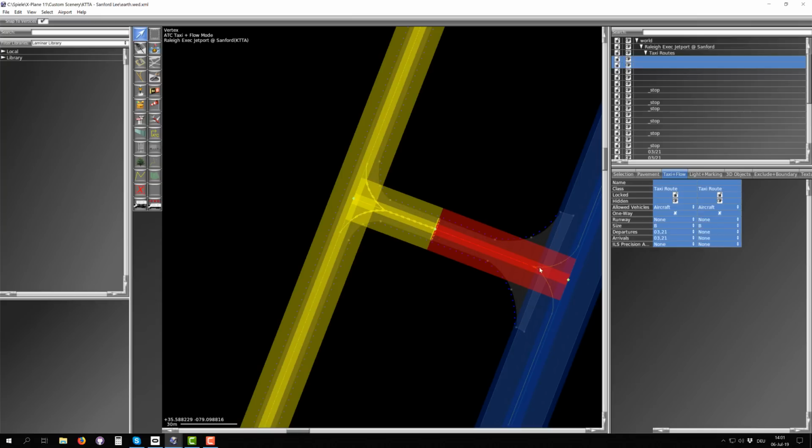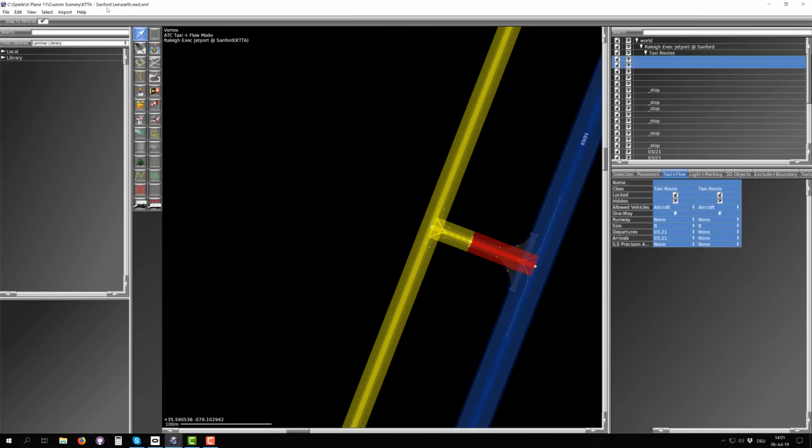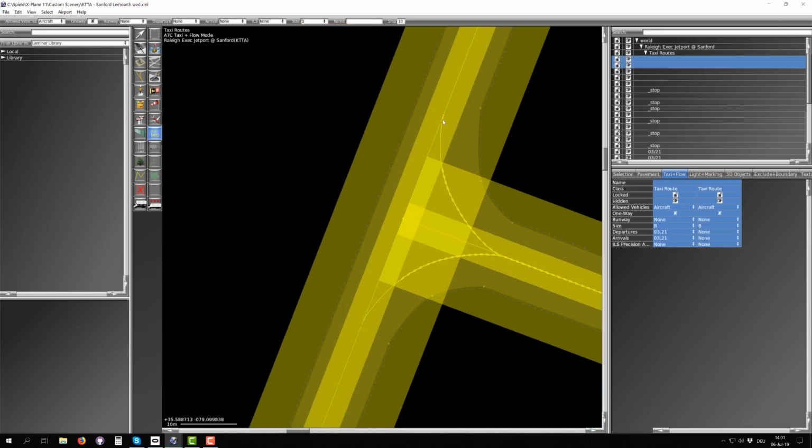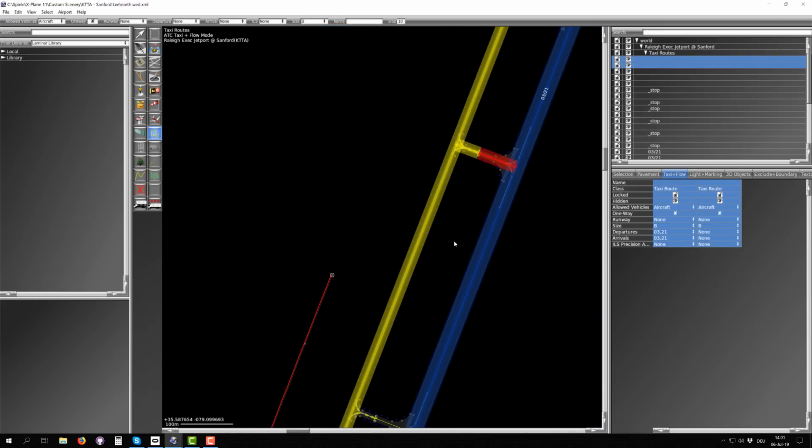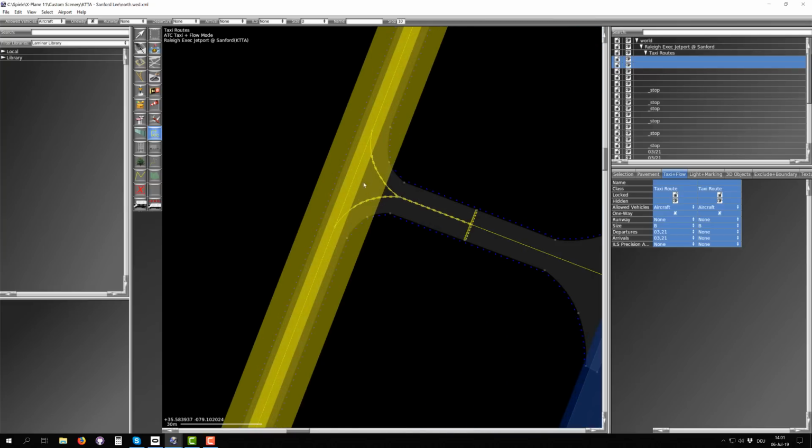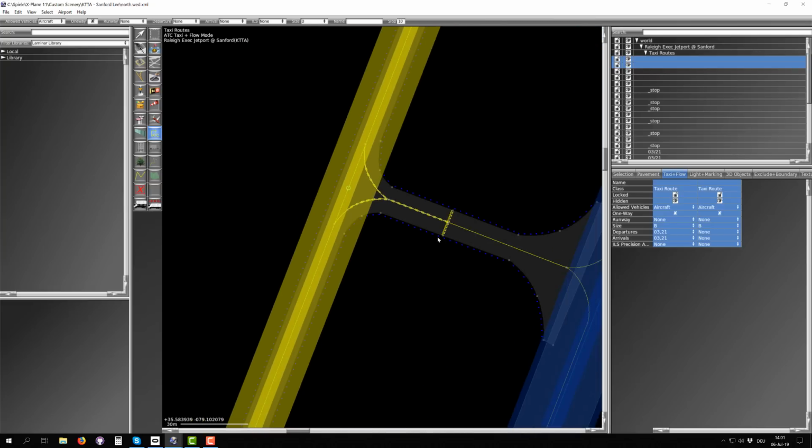I make them both size B. And I have to remember to set that up here. I'll do that now, size B. This is probably the biggest size aircraft that will use these taxiways. And I'll just do the same again over here. See, click here,